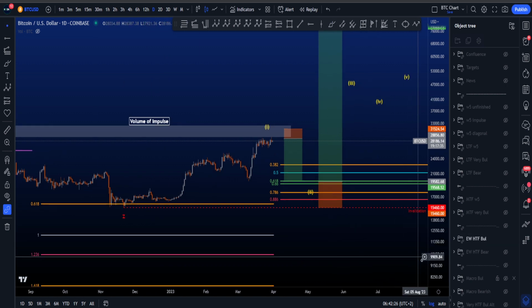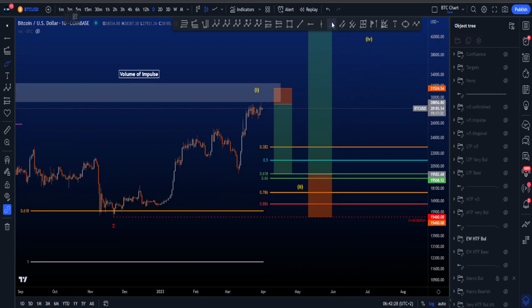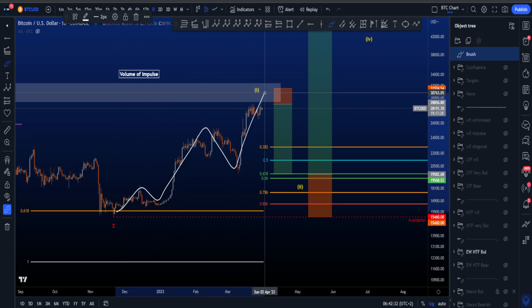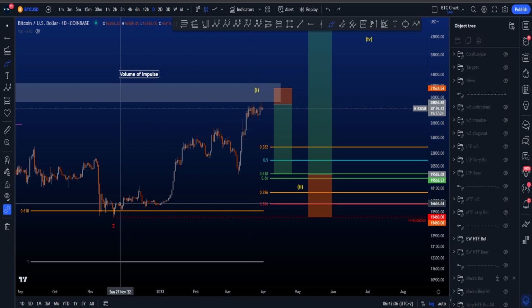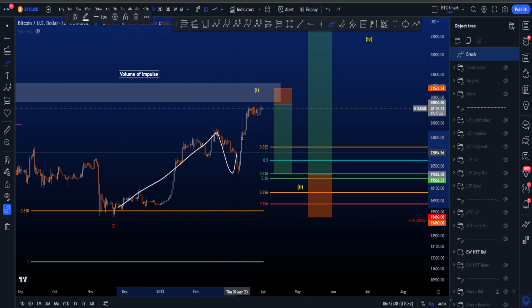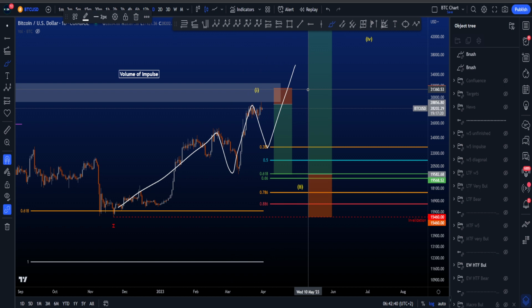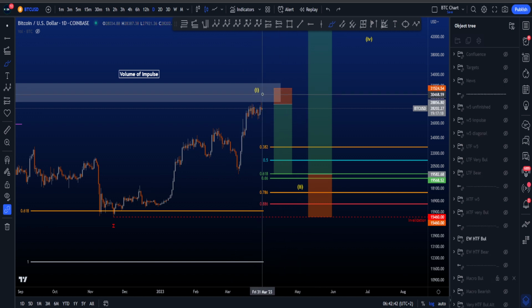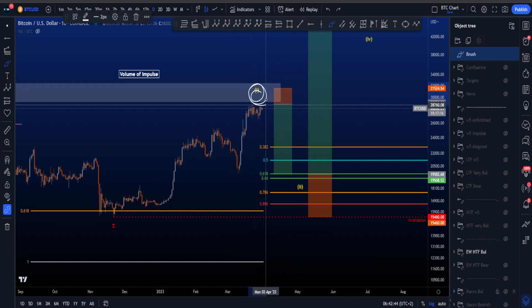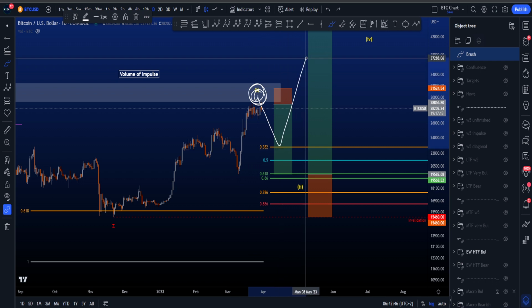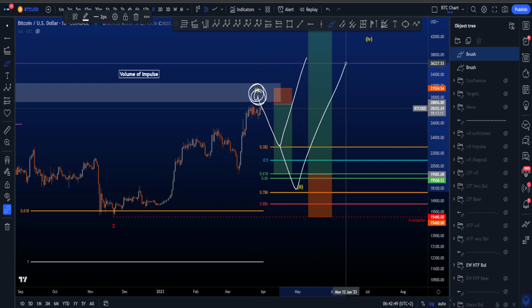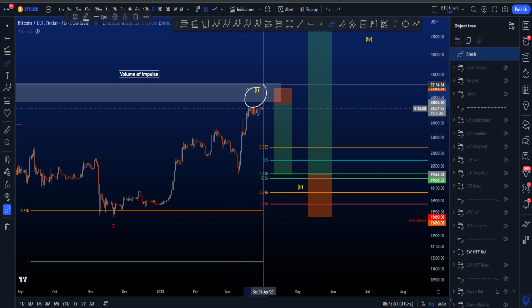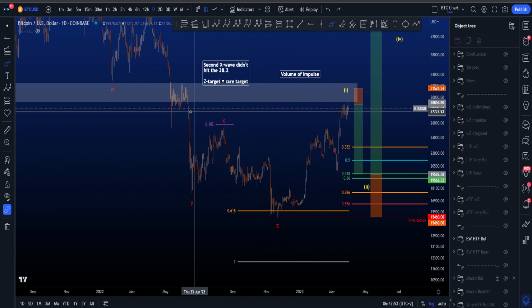so this is very valid and very good as well. If we then look to the upside and we look at this impulse, we can see again 1, 2, 3, 4, 5, and in my opinion it would be nice if wave 1 would finish somewhere here. Of course, the alternative is that this is a 1, 2, 1, 2, and then you expect a 3 to the upside, but then I would still expect a resistance over here for then a 2, 3 or 2, 3 in this scenario,